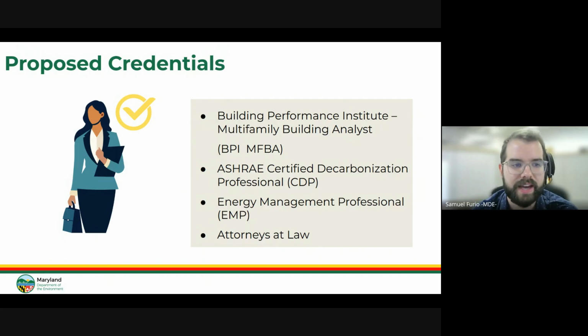We also have the ASHRAE Certified Decarbonization Professional, or CDP. This program, which is initiated and funded by the ASHRAE Center for Building Decarbonization, is an international certification that validates the competency of decarbonization professionals to assess, analyze, and develop effective and sustainable strategies to reduce or eliminate the life cycle carbon footprint of buildings. Next up, we have Energy Management Professional, or EMP.